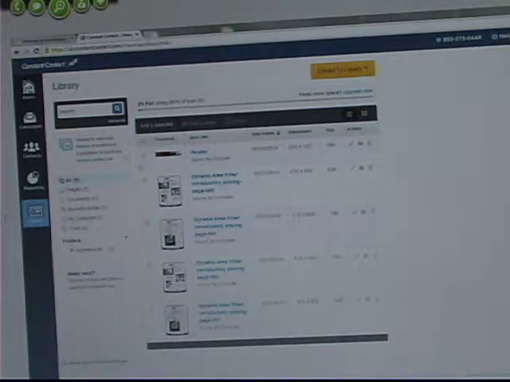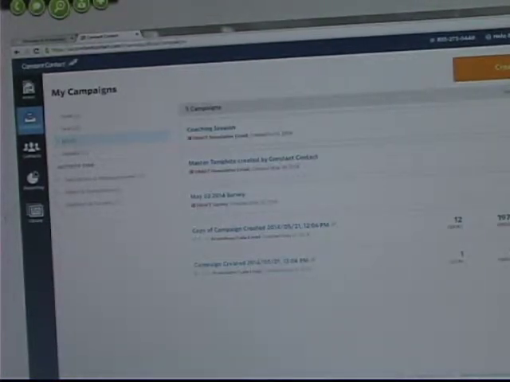But remember, if I go back to campaigns, and I go in, because we used that image in this email or this template, if I go back in to view it,